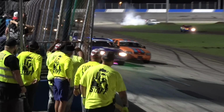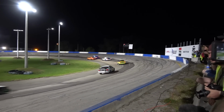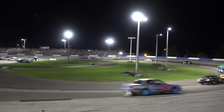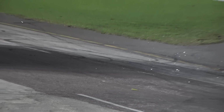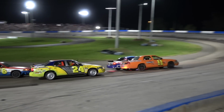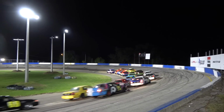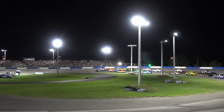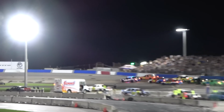Nick and Cletus were up there a little ways ahead of us, fighting for 1st and 2nd place, and I could not close the gap between 1st and 2nd. So my hope was that we could have gotten a little closer up to the 1st and 2nd place leaders, and then they might have battled it out for the win and ended up, you know, either wrecking each other, allowing the 3rd place car to slide through. You never know what could have happened, but overall, we took home 3rd place in the Freedom 500 with a